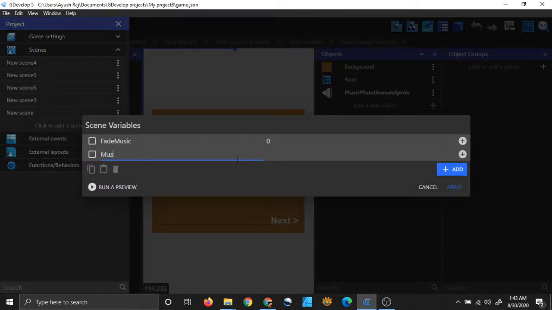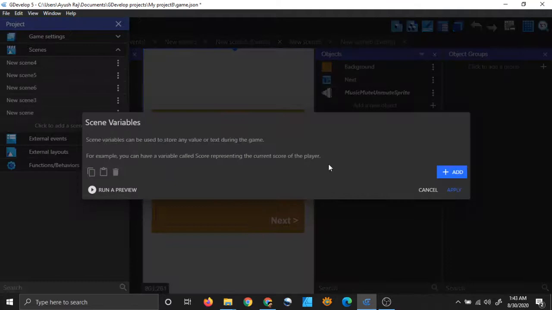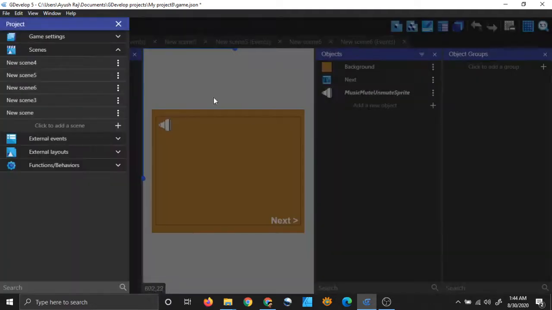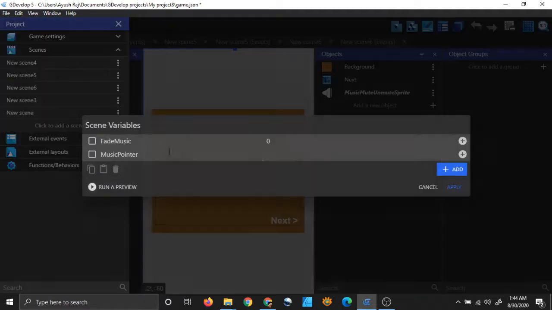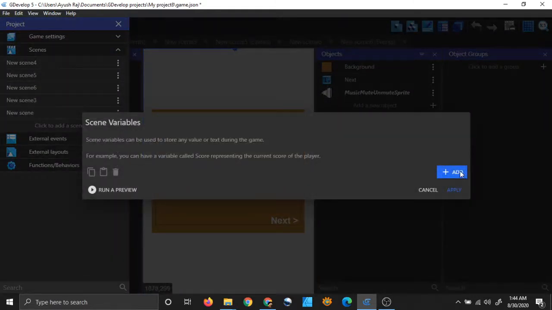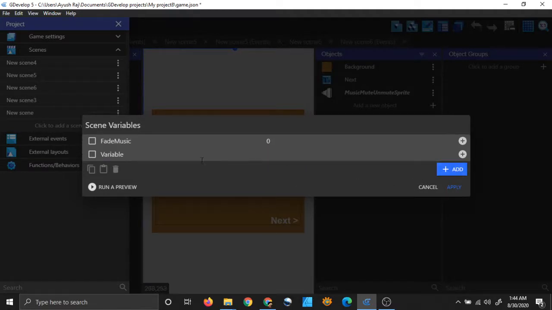So I will now add it, music here, apply, and in new scene 6 also. New scene 6 does not have a fading variable, but this one has fade music, so I should add one because music is, I guess, can give it a value of 0. Music